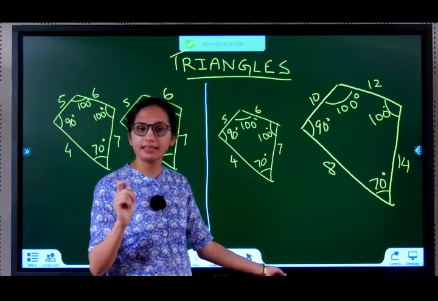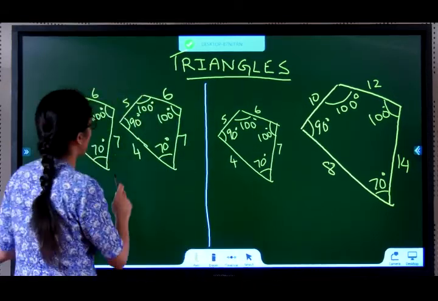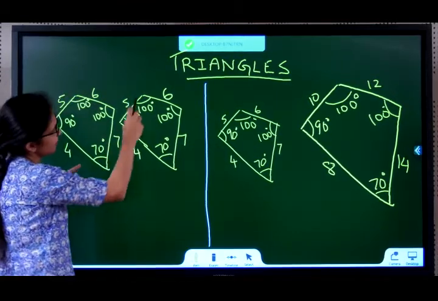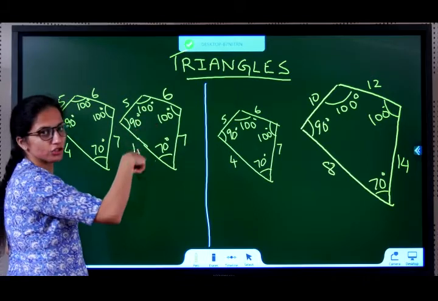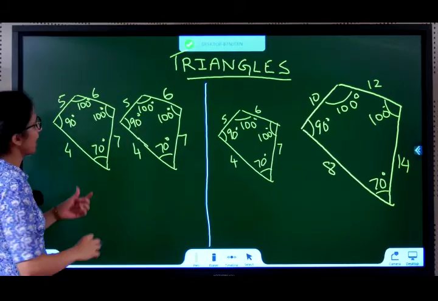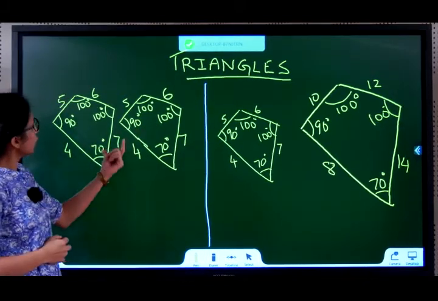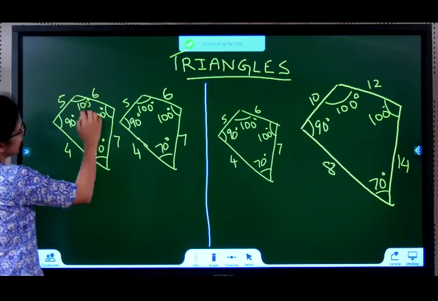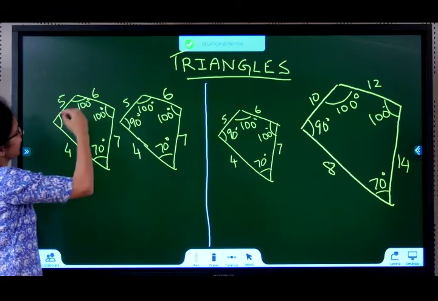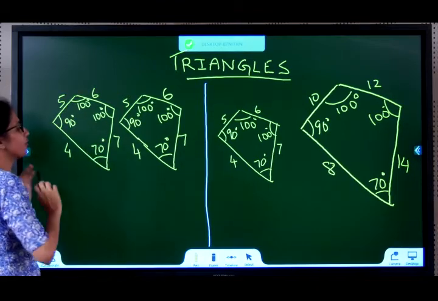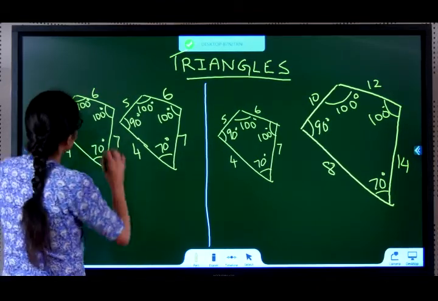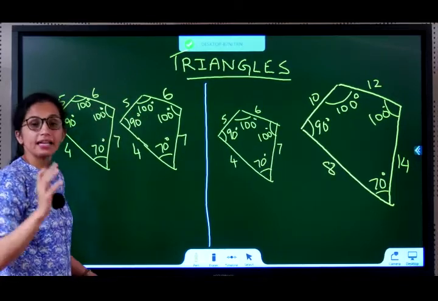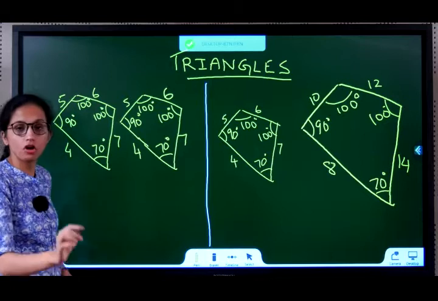Let us understand this with the help of a polygon. What is a polygon? A polygon is a figure made of line segments, a closed figure, right? Okay. So, now we have two exactly same quadrilaterals here, same angles, the sides are 5, 6, 7, 4 and 5, 6, 7, 4, exactly same. Sides are equal, angles are also equal. I can say the two figures are congruent.